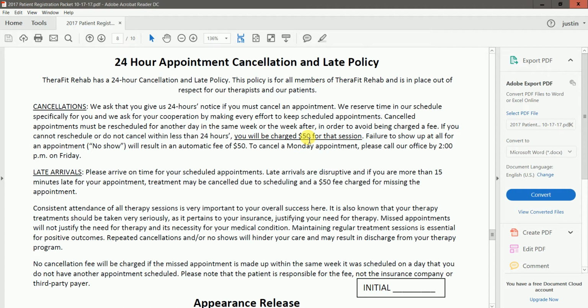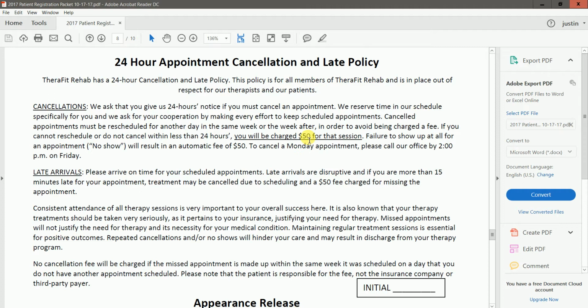We just try to really influence them to come in for their appointment and see therapy because they made that commitment. They committed to be here that day, despite the fact that they could foresee that they might be tired or something because of their disability. Now, if they truly do have a medical emergency or something significant has come up, like they just can't get to us because of transportation issues, yes, it's out of their hands, but they will get charged that $50 fee